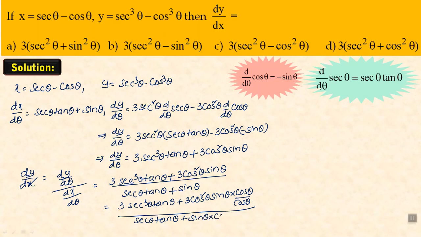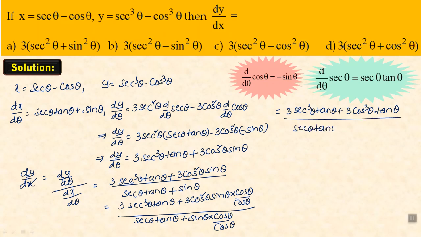Here, multiplying and dividing with cos theta, that equals 3 into secant cubed theta into tan theta plus 3 into cos square theta into cos theta, that is cos cubed theta, sin theta by cos theta is tan theta, divided by secant theta into tan theta